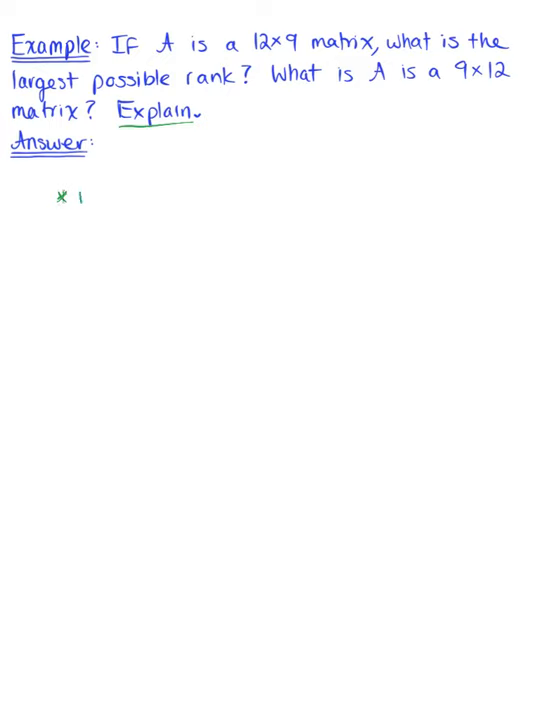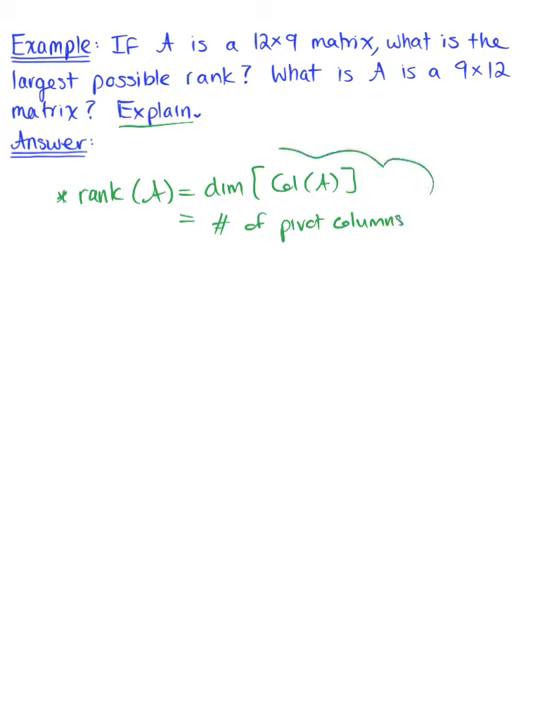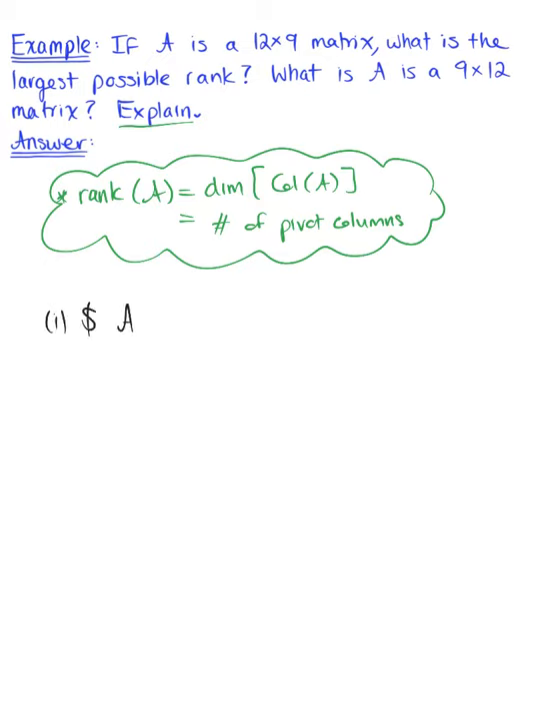So let's just quickly remind ourselves. The rank of a matrix A is equal to the dimension of the column space of matrix A, which is equal to the number of pivot columns. So we are being asked here for these two different cases, what is the largest number of pivot columns that matrix can have? So part one, we're going to suppose that A is an M by N matrix defined as